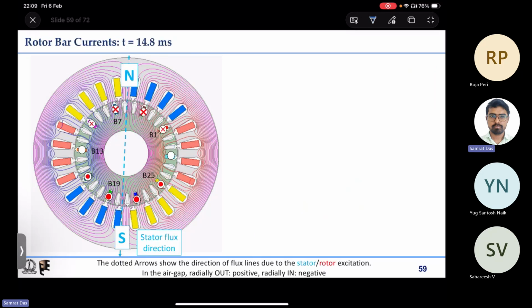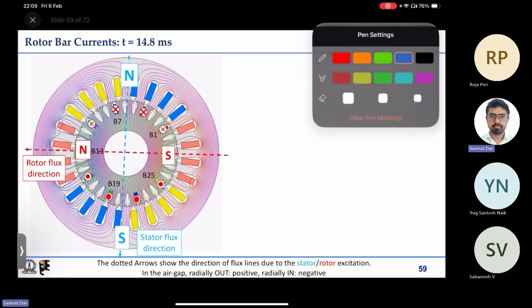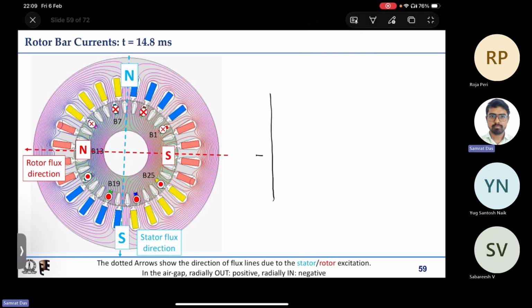So with that same argument, if we assign sign towards that, you will see the cross and dot current polarities, and the rotor flux will be as indicated. I would draw for all cases for you to visualize how the field is moving. So this is 0, this is 180, this is 360, 90, 270. Now if I try to draw for the stator,